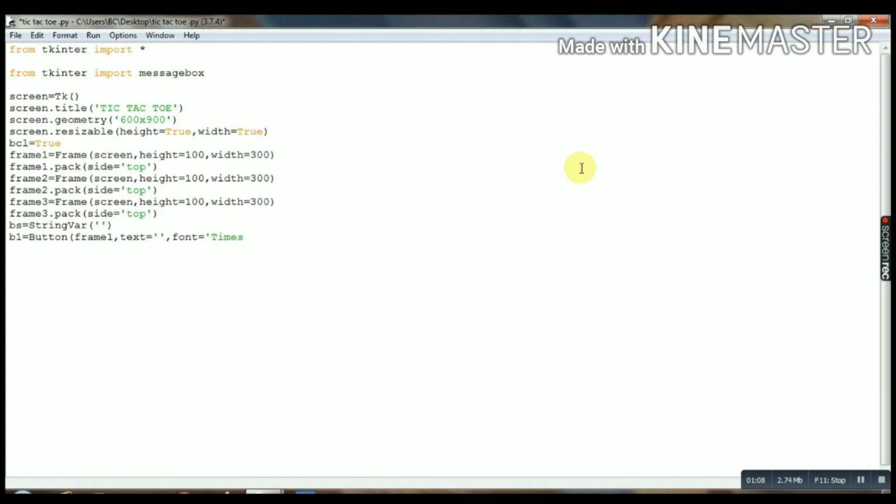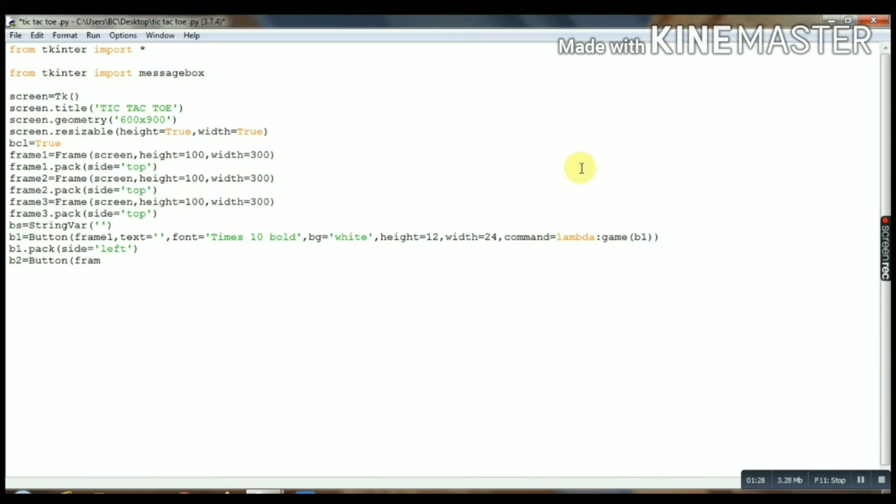Let's make B1 button in frame 1. Okay, text empty, font you can see, background white, height 12, width 24. Okay, and for the command we will give a lambda function naming game in which we will pass B1, B2 like that. B1.pack side equals to left.